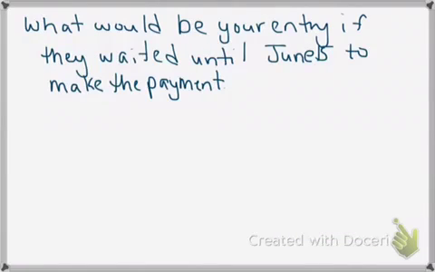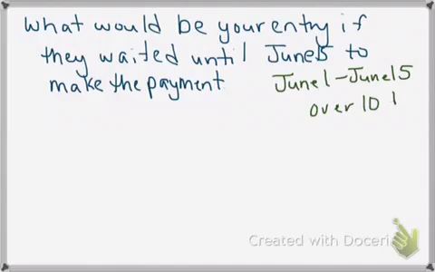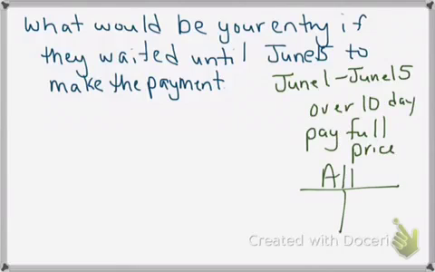The last one says, what would our entry be if we waited until June 15th to make the payment? And it would be different because we actually made the purchase on June 1st. If we wait to June 15th to actually pay for this, that is over that 10-day discount period. So we have to pay the full price. Now again, we need to make sure that we are looking at what is currently in accounts payable because we purchased $11,000, but we returned $1,000. So we only owe